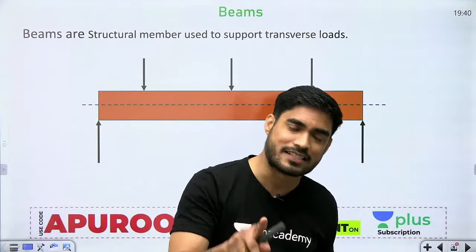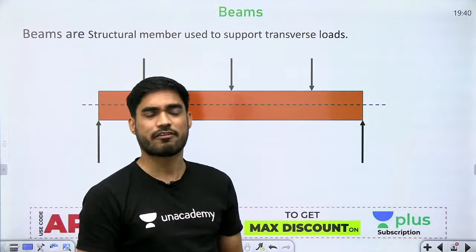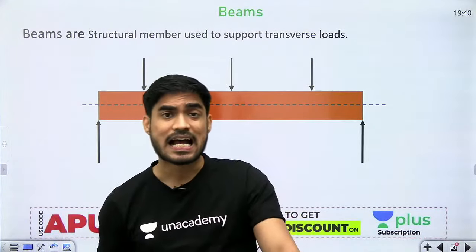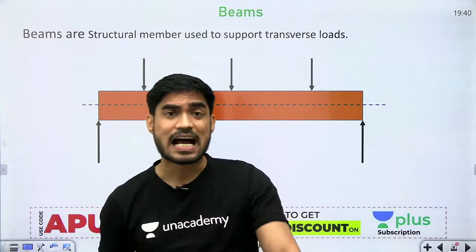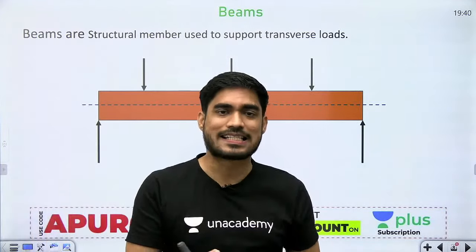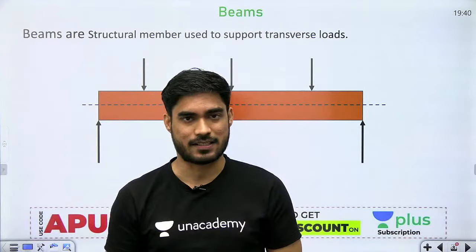So we will see how to calculate both these stresses separately. We will not consider them together. We will deal with them separately. So first we will deal with the bending stresses in beams. We will understand how to calculate the bending stresses, and then we will see how to calculate the shear stresses in beams, right? Now, as mechanical engineers, the more important topic to us is calculation of bending stress.